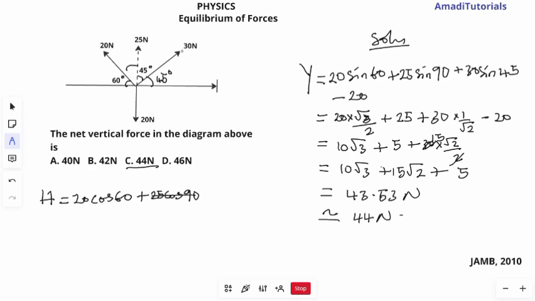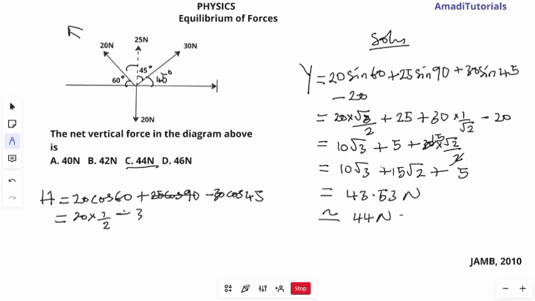So we move to this one, that of 30. 30 will be minus. The reason is that it's in opposite direction to 20 with respect to horizontal, left to right. So you see this one is going this way and this one is going this way. So that will be minus 30 cos 45. Then this other force here, down here, 20 Newton, has no component in the horizontal. So if you resolve it, it gives you 0 there. So no need to waste our time. So this will be 20 times cos 60 is 1 over 2